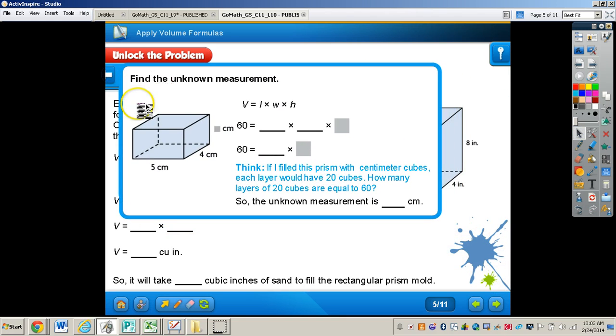Okay, we can even figure out an unknown measurement here, which could be a little tricky. We're going to multiply. It says 60 equals something times something times something. So we need to figure out what the height is here. A little bit different than just giving us all the measurements. So we can easily see that 5 times 4,